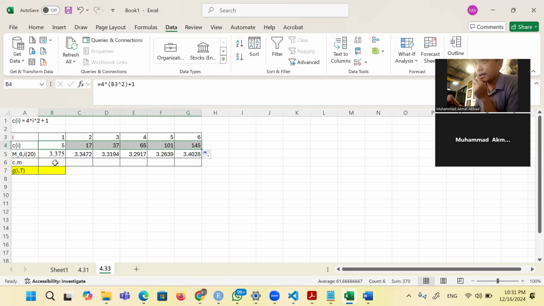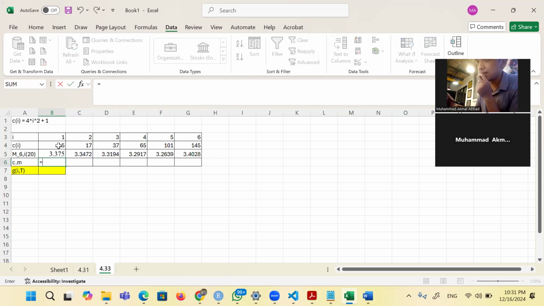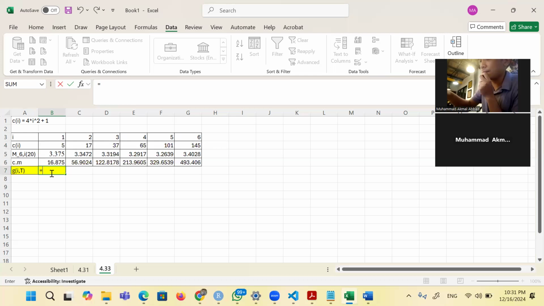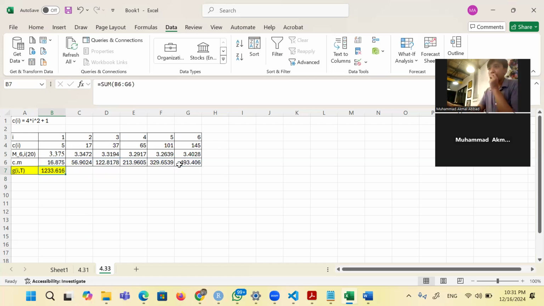So here, we calculate C times M again. We just multiply C times M, and then we get this value. We drag this, and then G(6,20) is the sum of the products of these values. And then we get that G(6,20) is 1,233.616.